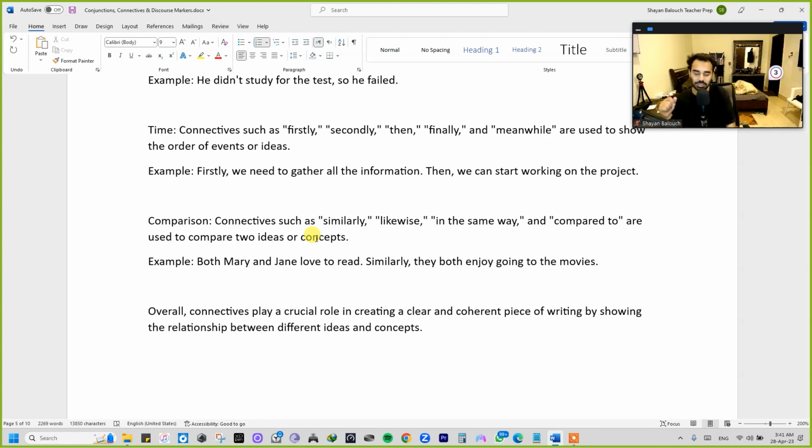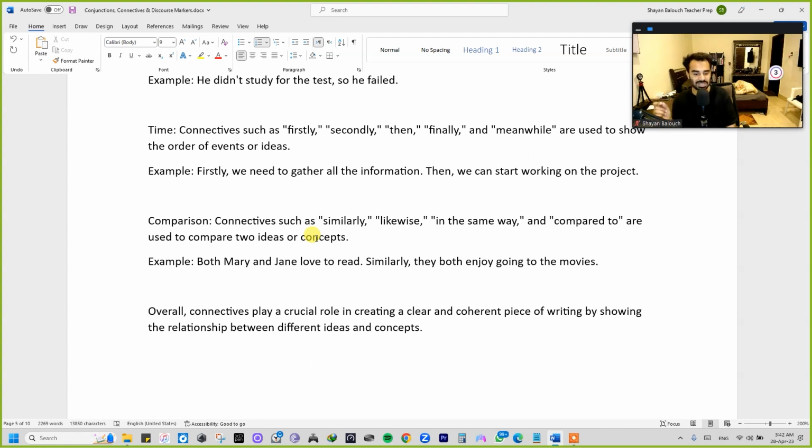For example, both Mary and Jane love to read. All right. Until here, it's very clear. Similarly, they both enjoy going to the movies. Similarly, I'm comparing the situations. They like to read. And similarly, comparing another idea with that, they also enjoy going to the movies, watching the movies, okay? So overall, I can say, if I have to conclude this topic, that overall the connectives play a